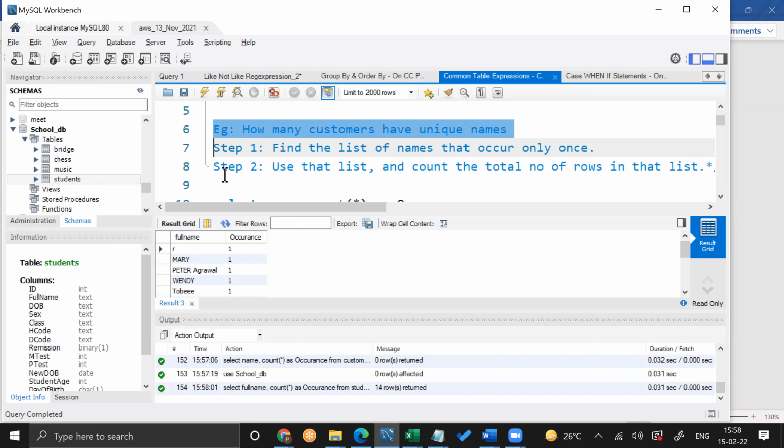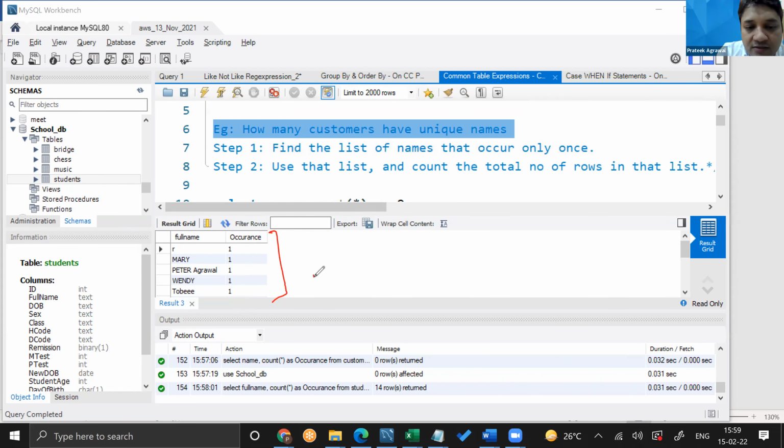Subtotal of the occurrence table. Okay. So imagine, let's call this output the name occurrence table. Yeah, because this is a tabular output, right? This looks like a table which has 2 columns in it, name and occurrence, and then it has a bunch of rows. Isn't it, everybody? Yes.